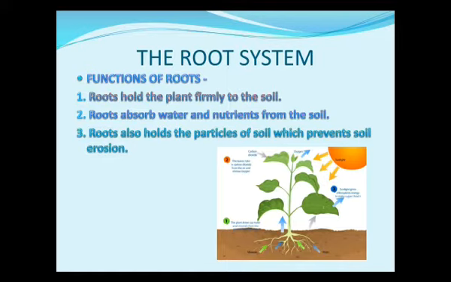Now, what is soil erosion? When there is excess raining or excess water, the soil particles get washed off. To prevent that, if there are so many plants, then the roots are going to hold the particles of soil firmly, and because of that, that part of the soil is not going to wash off from that place. So it prevents soil erosion, which is very good and very required for our ecosystem.